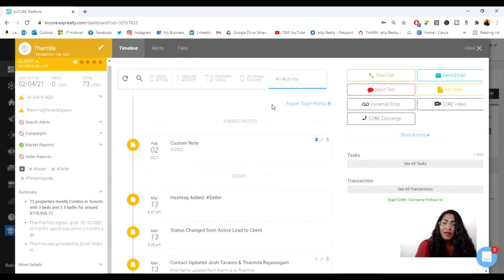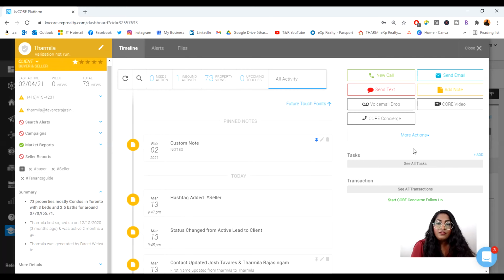And let's say, and this is a paid feature that you can do, is a voicemail drop. I always like to leave a voicemail anyway that you're calling, and that's also all really connected to a larger strategy of how you want to do these kind of touch points of communication. But going back to the CRM and how it's laid out, you can have those communications directly through the